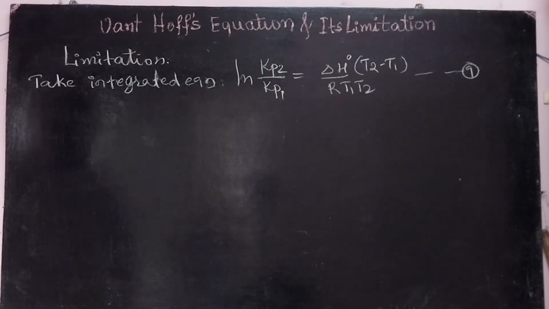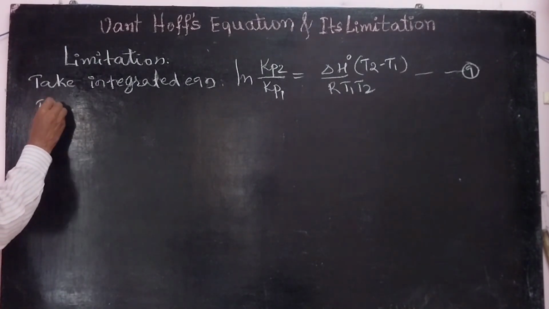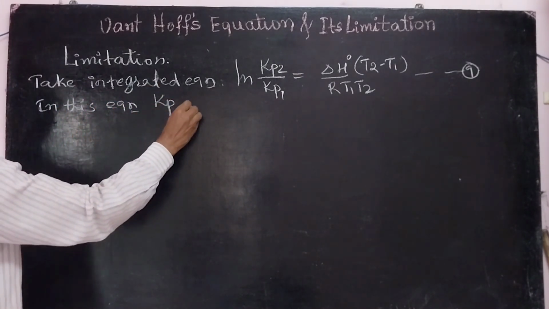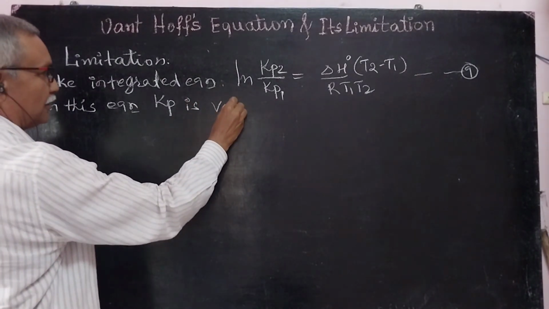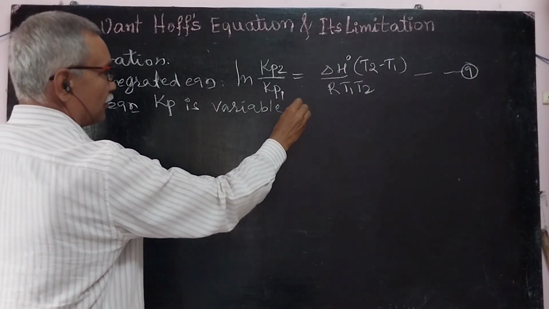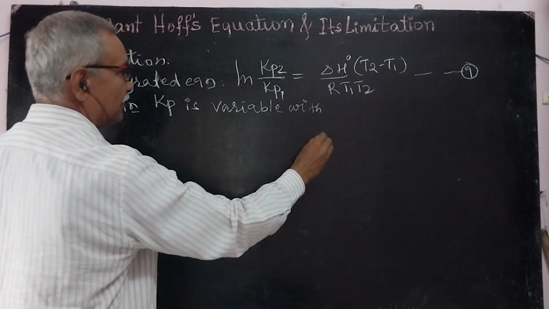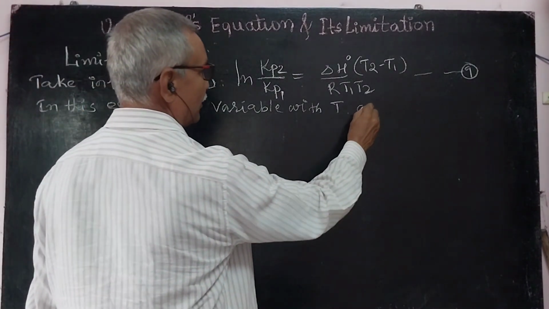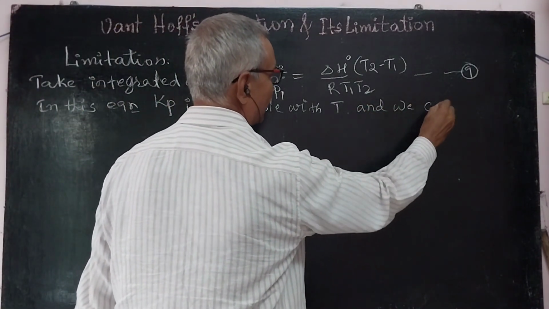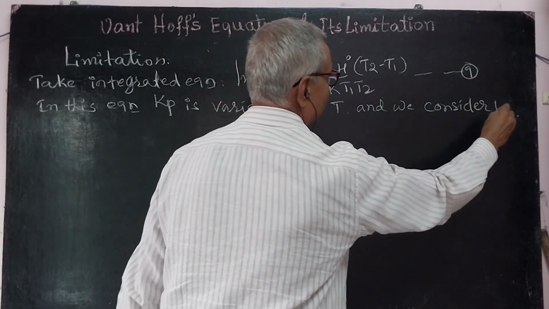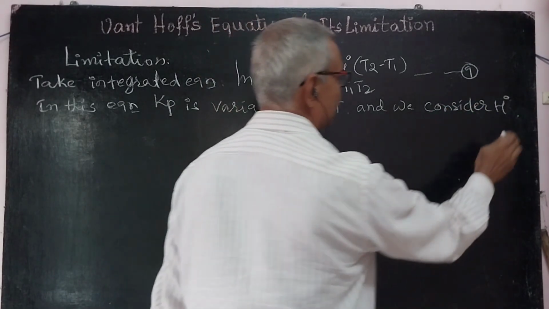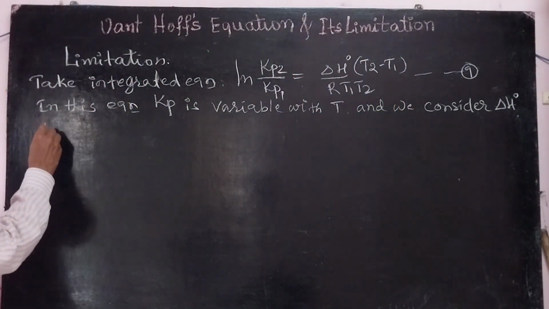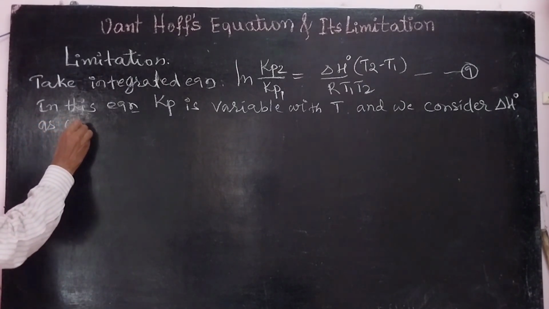In this equation, Kp is variable with T, and we consider delta H naught as constant,